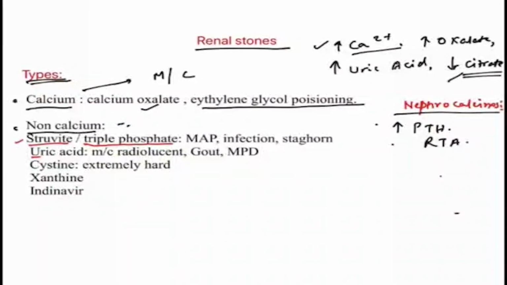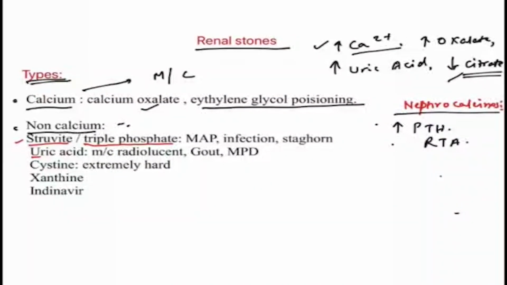Now coming to the struvite stone, these are also known as triple phosphate stone because these are due to the presence of magnesium, ammonium, phosphate. So when we see this shape, we can think of the shape of the pelvicalyceal system. When we look at this X-ray image, we can see the outline of the pelvicalyceal system is demonstrated by this large calculus. So this is also called staghorn calculus.